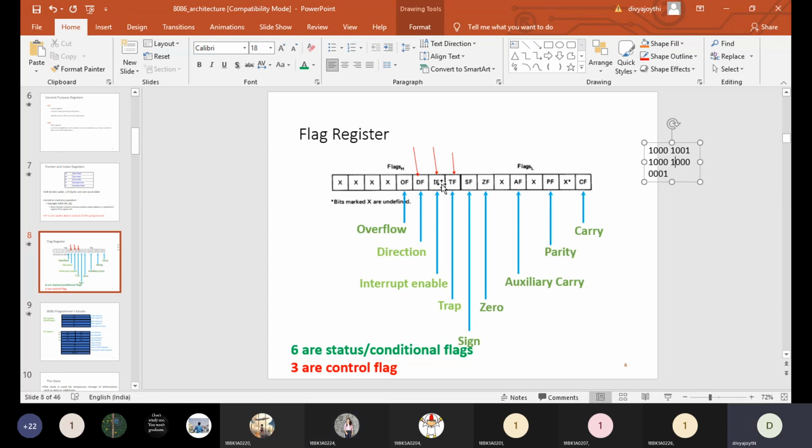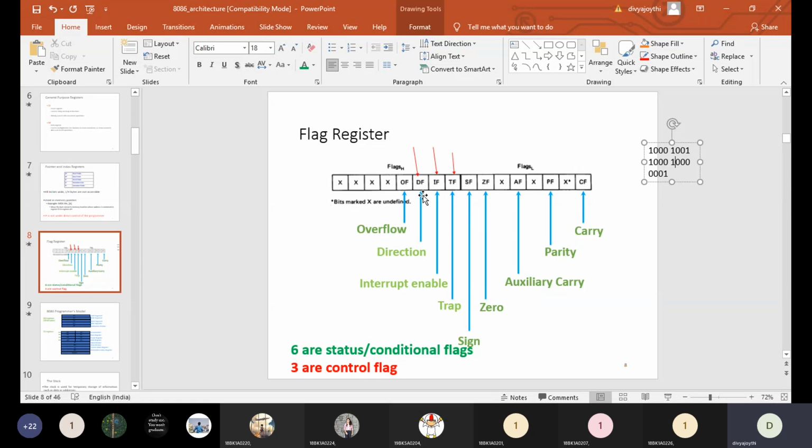Yes, ma'am. And next, it is the interrupt flag. While we are discussing one simple example in lab, there is one statement called INT 21H, interrupt 21H, that indicates the termination of your program. So whenever you are writing any instruction which starts with INT, meaning interrupt, in those situations this interrupt flag is going to be set.